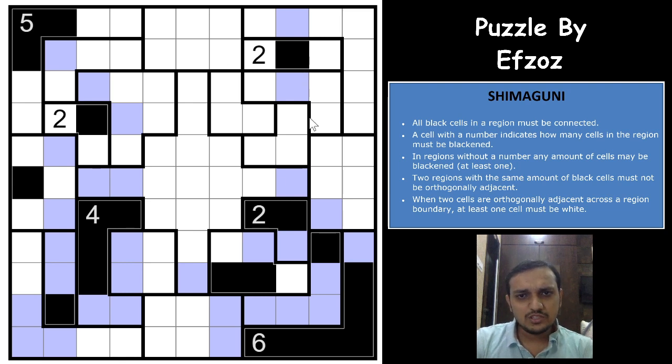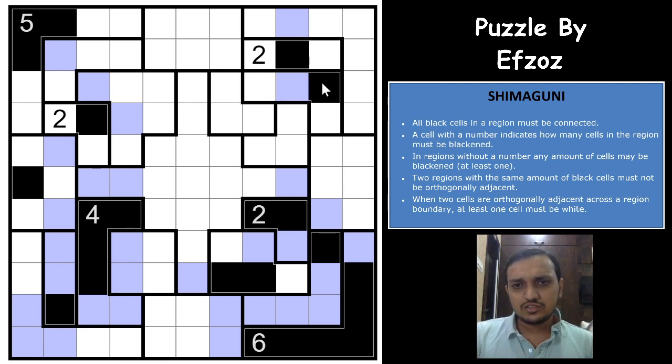I think there will be something which will help us progress the puzzle here, because you know this region will have two shaded cells, which means this region would have only 1 shaded cell, because you cannot have 3 or 4. There are no continuous 3 white cells or 4 white cells, so it can have only 1 shaded cell, either this or this. So if this region has 1 shaded cell, this region will have either 2 or 3 shaded cells, and in both cases this cell won't be shaded.